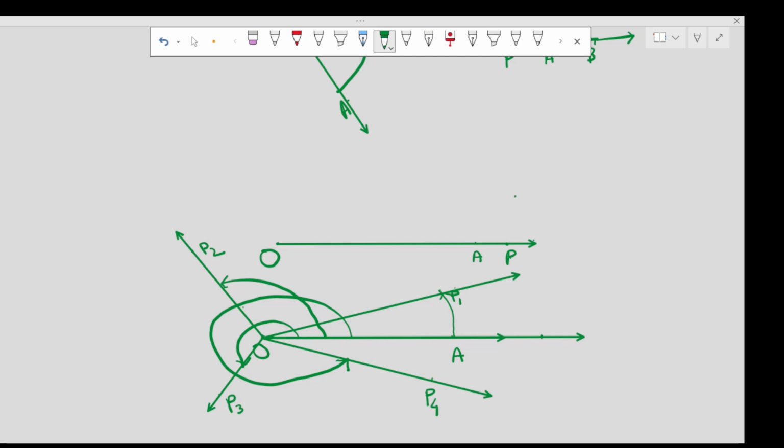Here we are naming it P5. What has happened? OP5 has overlapped with OA, that means OA and OP5 are coincident. OP5 coincides with OA. Then the angle measure is 360 degrees. But it may happen that OP5 revolves again. Suppose after revolving again,